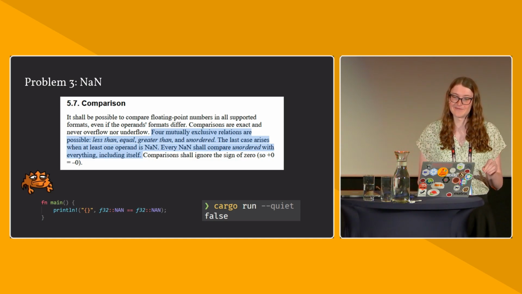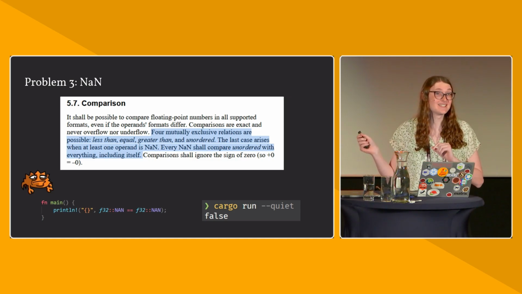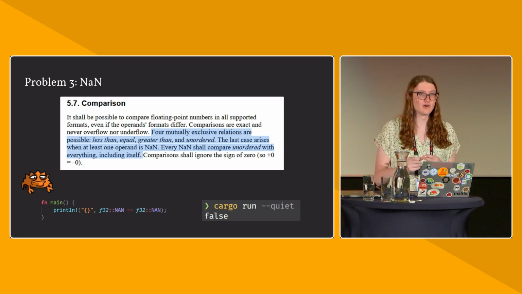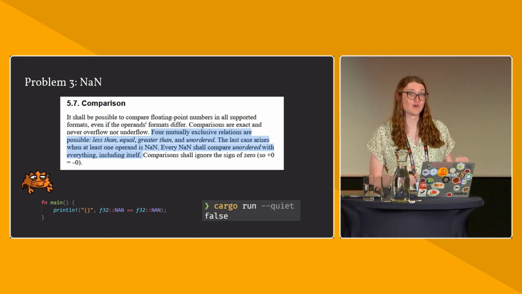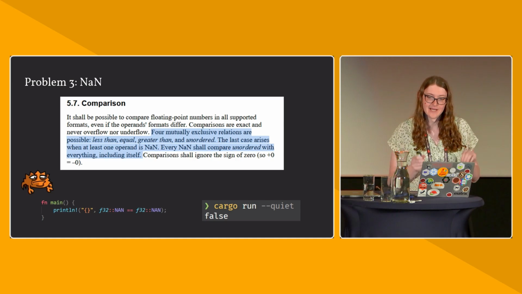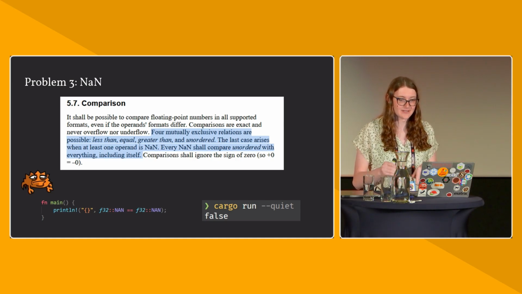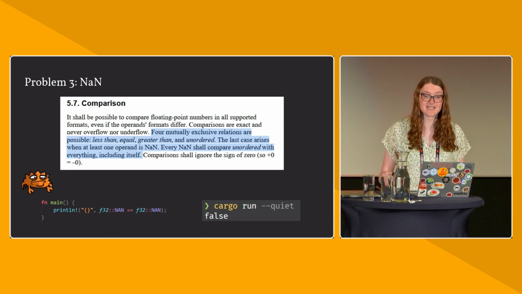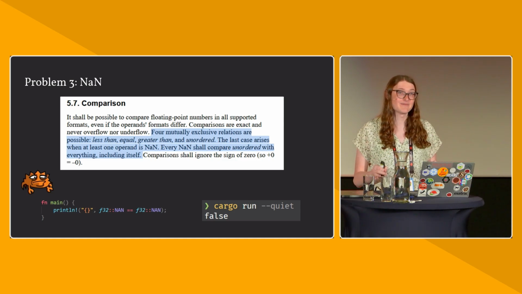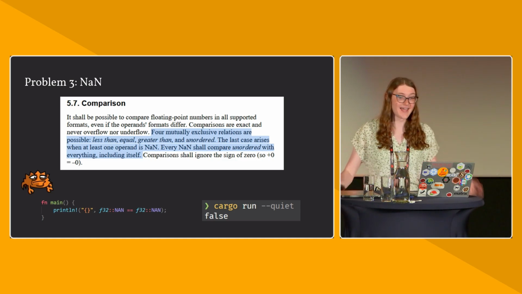As a doubly bonus fun fact, I'm pretty sure this is the actual reason why Eq, Ord, and Hash aren't implemented for floats in the standard library. Because NaN is not equal to itself, you cannot create a mathematically consistent definition for any of these traits.